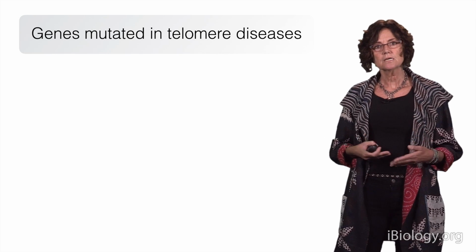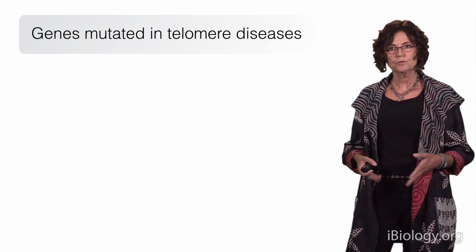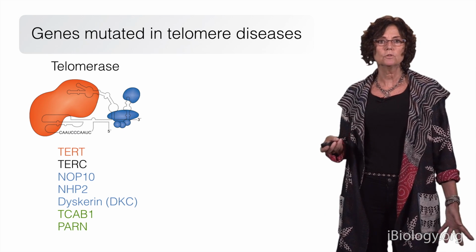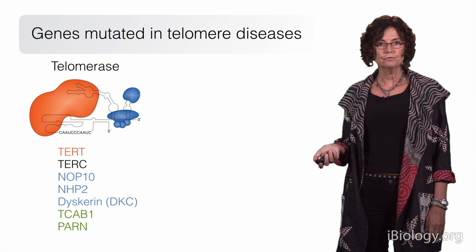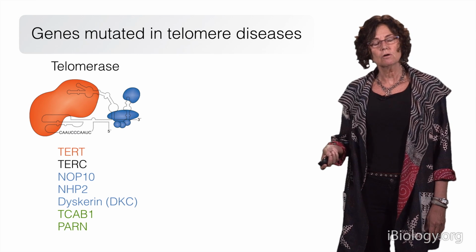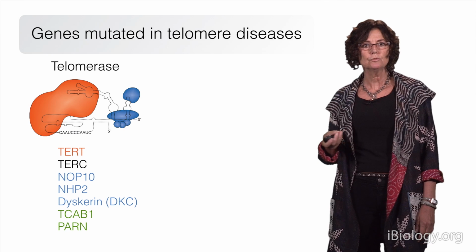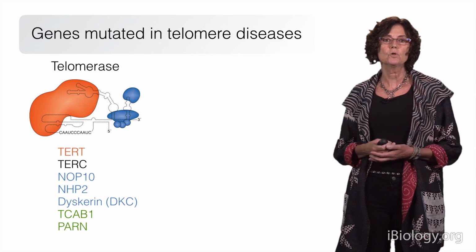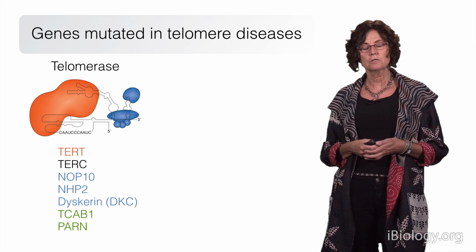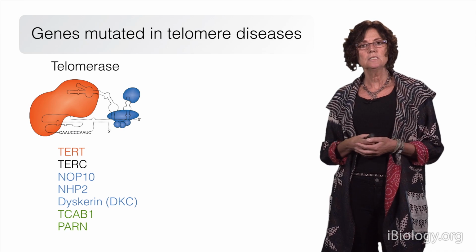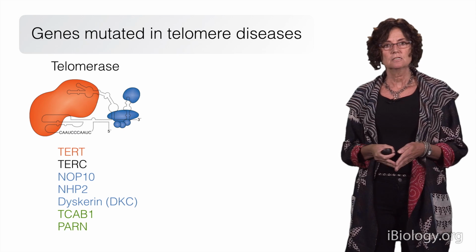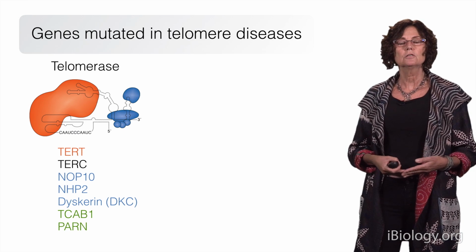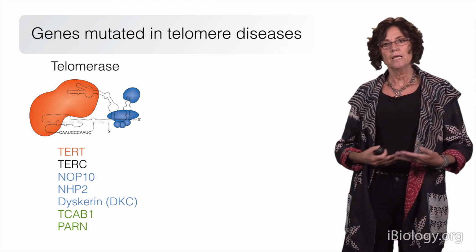So the diseases that I described are due to mutations in two pathways. One is the telomerase pathway. You see that almost every component of telomerase is mutated in one or another of these families. So the third component, the reverse transcriptase, the TER component, the RNA of telomerase, NOP10, NHP2, dyskerin, the blue guys that are needed for biogenesis of telomerase, TCAB1, a trafficking protein, and PARN, a protein needed for maturation of the telomerase RNA. You see mutations in these different genes, and in each case, the mutations do not fully remove telomerase, but it lowers the telomerase level